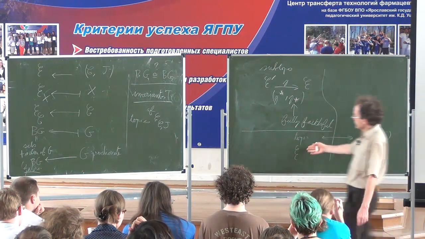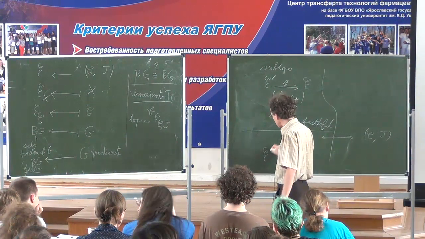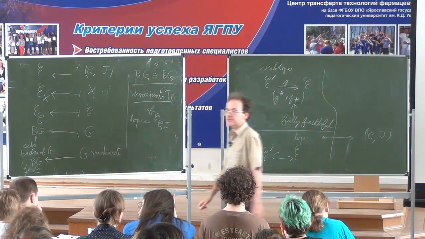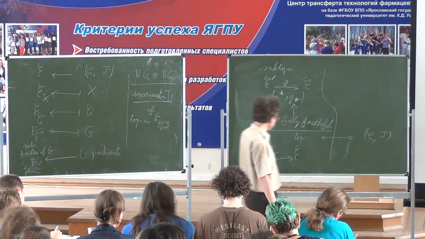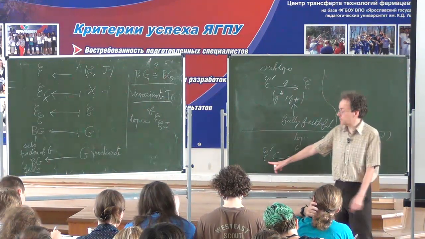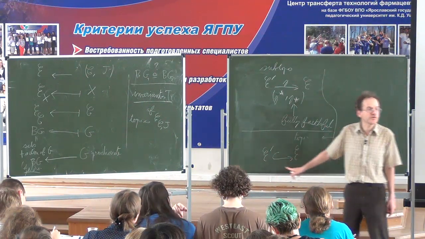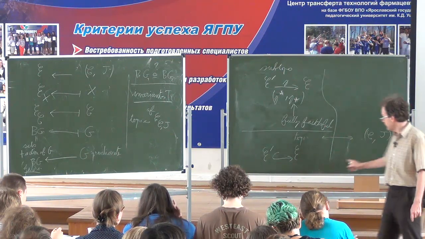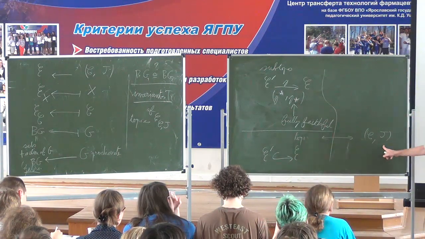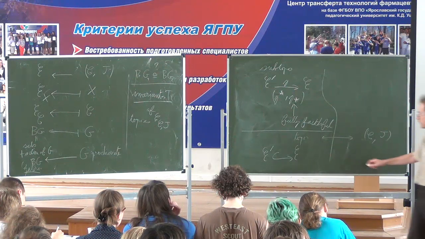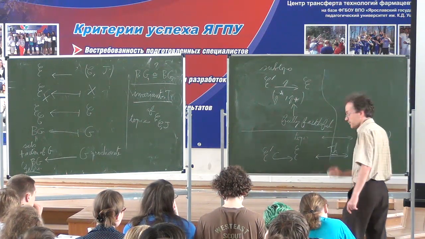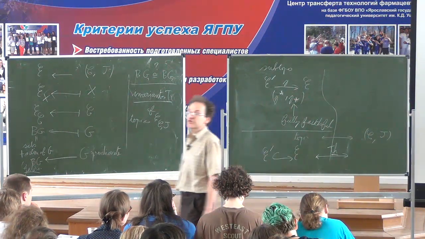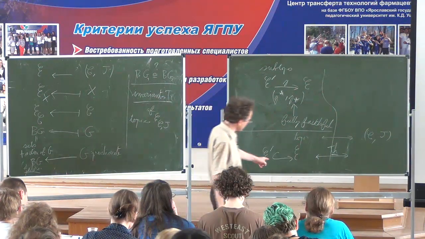And then you are interested in subtoposes E prime of E. And you may wonder, is it possible to express the set of subtoposes of your given topos in terms of the underlying site? And here there is a very beautiful theorem, which tells you that to consider a